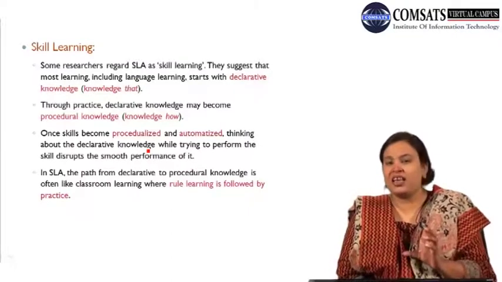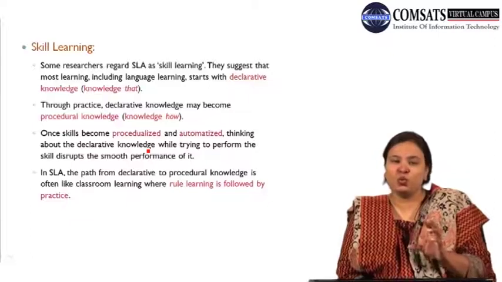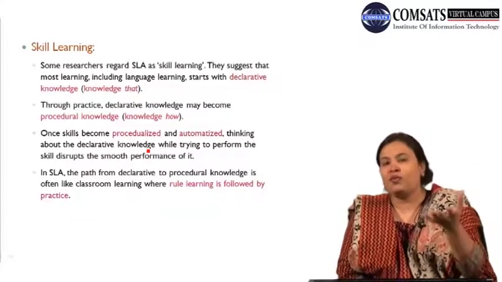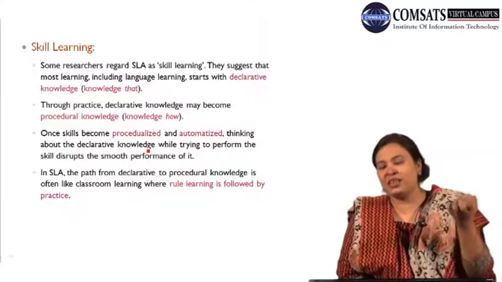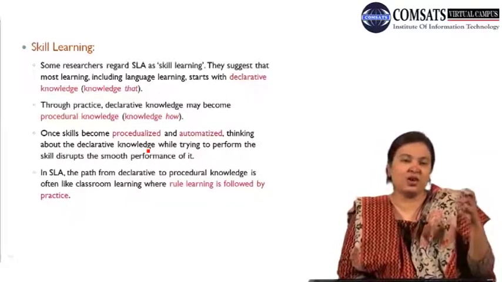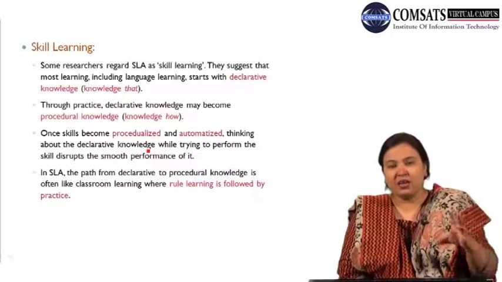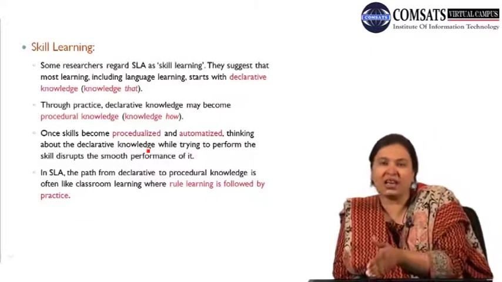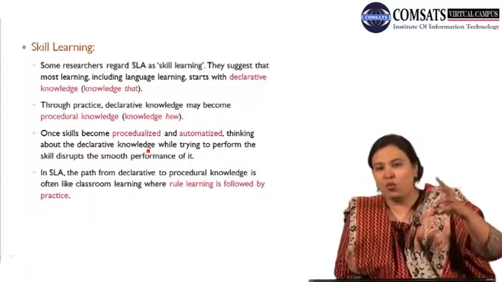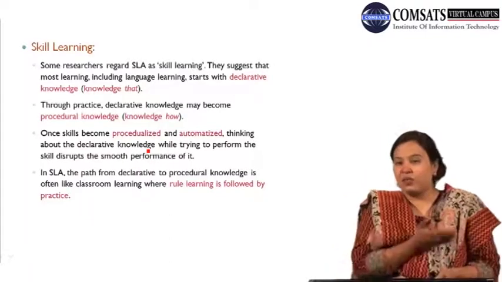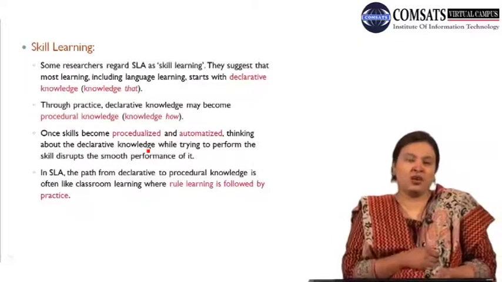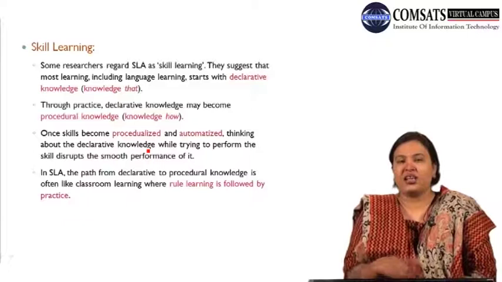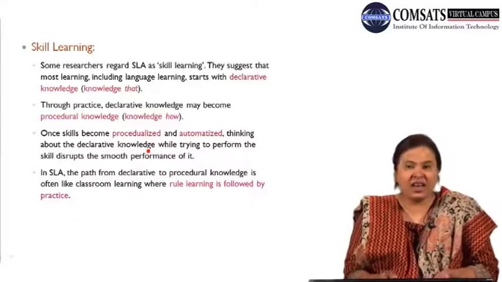Similarly, when you acquire a second language, you get the declarative knowledge. You are taught, okay, this is the rule for forming passive sentences or negative sentences in English. And then by using the declarative knowledge, you actually use that language. Again, moving from the declarative knowledge stage to the procedural knowledge stage. And this makes second language learning just like a skill learning thing.